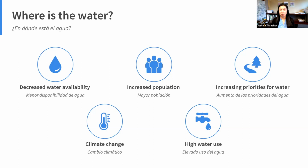And we're having decreased water availability due to climate change, which we have seen really substantially here in Colorado over the last few years, with drought, with fires, with just the increases in temperatures that we're seeing in our summers. So that's all impacting our snowpack and the amount of water that we have when the snow melts off in the springtime. In addition to these factors, we're also having increasing priorities for water. What does that mean? So very briefly, with Colorado water law